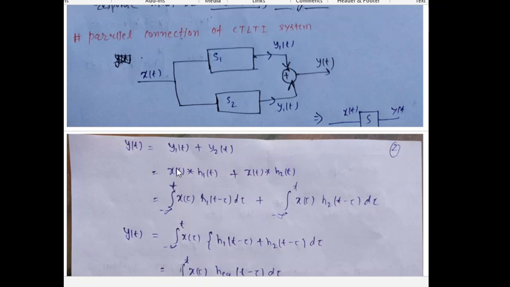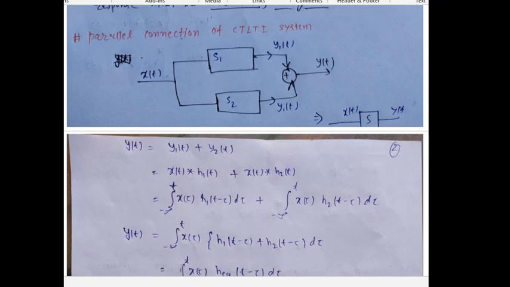Why can we write this? From the convolution theorem we can write x(t) convolution h1(t). This is the sign of convolution, not multiplication. Please remember this is the sign of convolution. So x(t) convolved with h1(t), because x(t) goes in this direction, plus x(t) convolved with h2(t), because x(t) again goes to this one. h1 is this system's response and h2 is this one. We can write this by the convolution theorem as the integral of x(tau) h1(t minus tau) plus the integral of x(tau) h2(t minus tau).